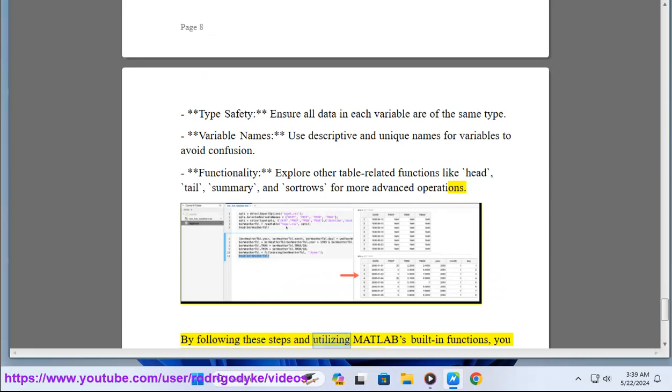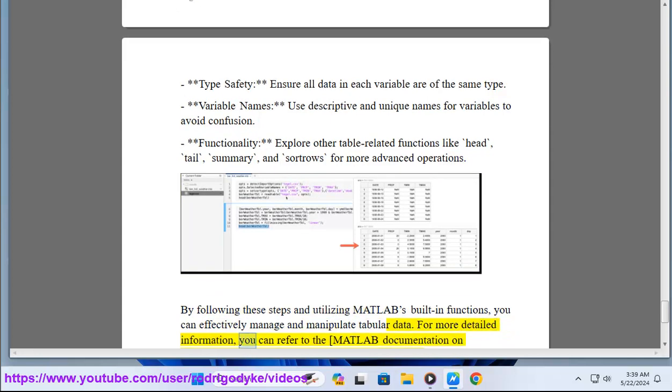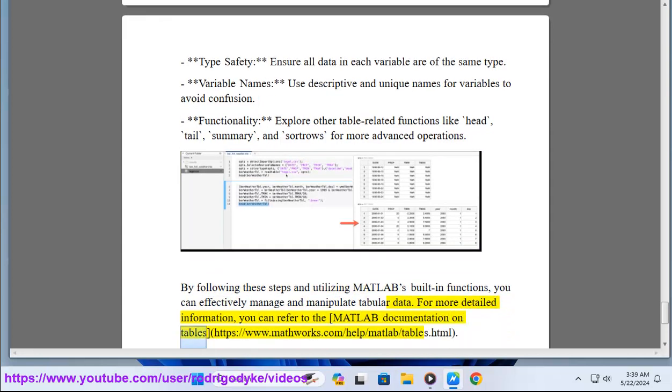By following these steps and utilizing MATLAB's built-in functions, you can effectively manage and manipulate tabular data. For more detailed information, you can refer to the MATLAB documentation on tables. https://www.mathworks.com/help/matlab/tables.html